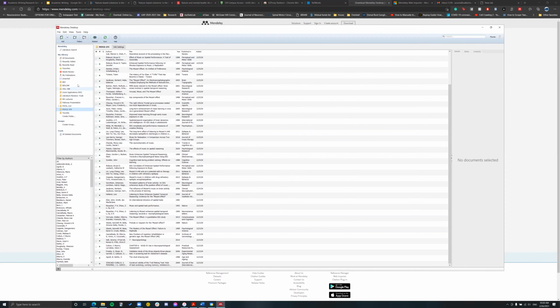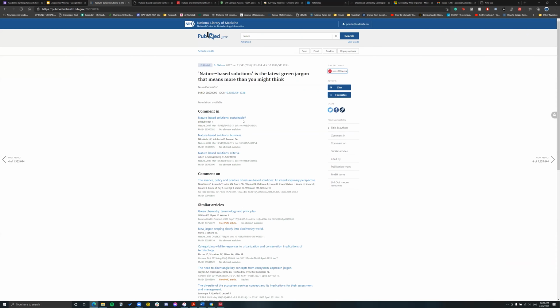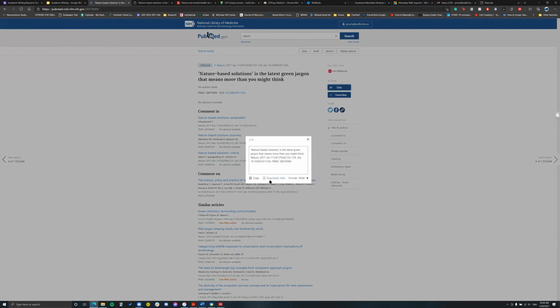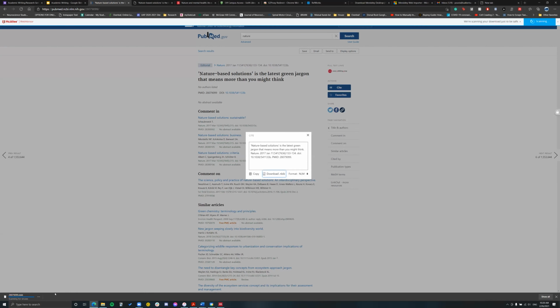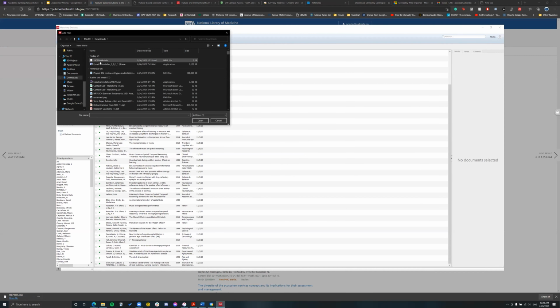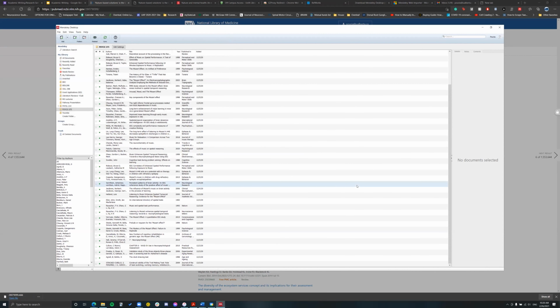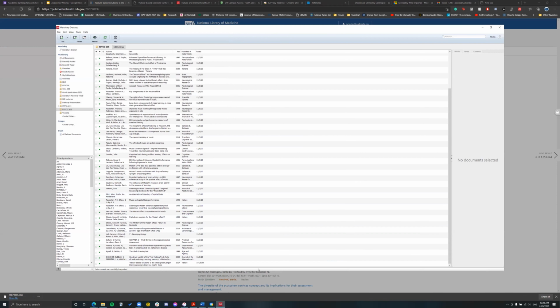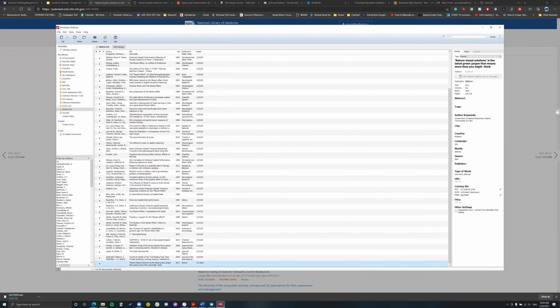And the way that you can add these citations is just going to the paper that you're reading, clicking on Cite, and then you're going to click on Download NBIB file. You're going to download that. It's going to come up with a specific code. You can do this one by one to make it easier, but then all you do is click on Add, and then from your Downloads folder, you can click on that, and that has been added right here. So you can see that that has been added to your